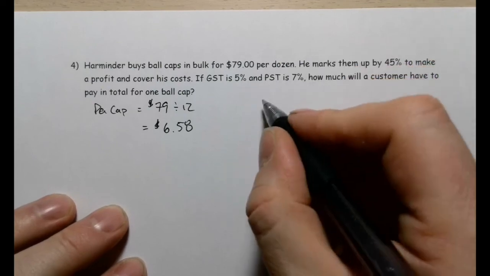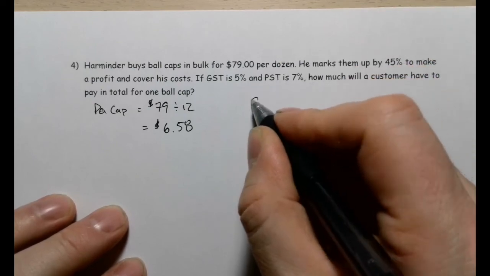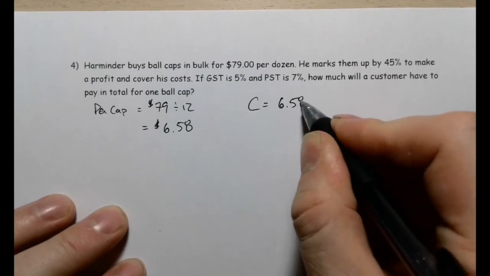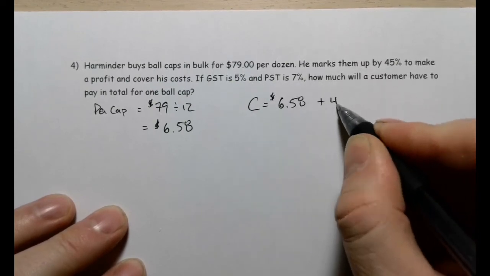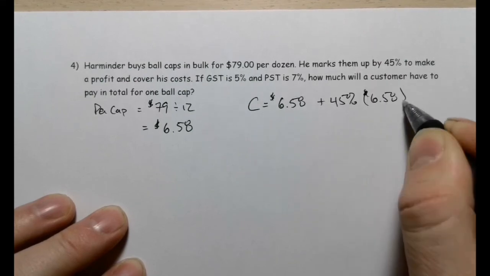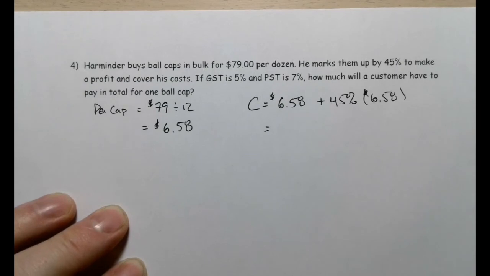Okay, so this is going to be $9.54. Well, you know what? Together, 5% and 7%, if we do this like we did a couple questions a little while ago here, that's going to be 12%. So it's going to be multiplied by 0.12, and then I would add the $9.54. And so